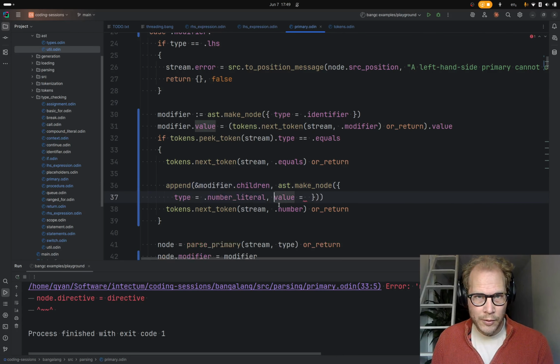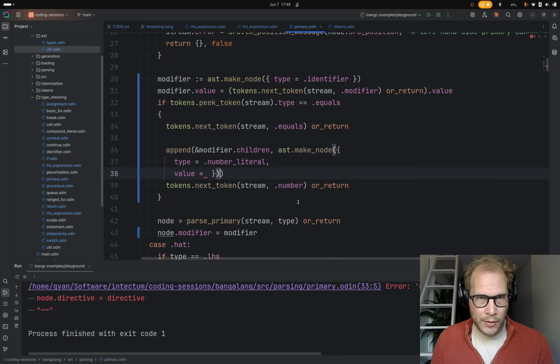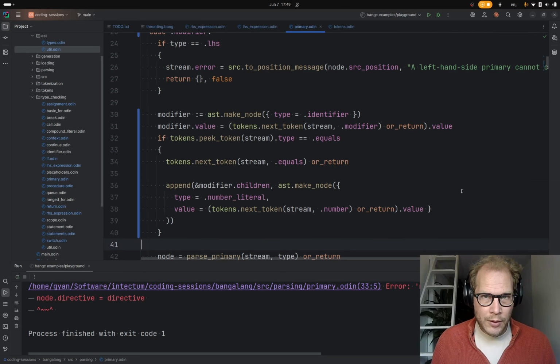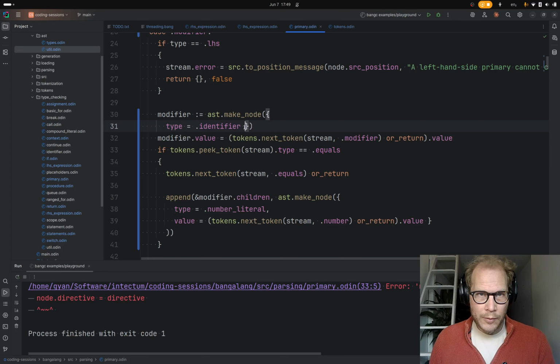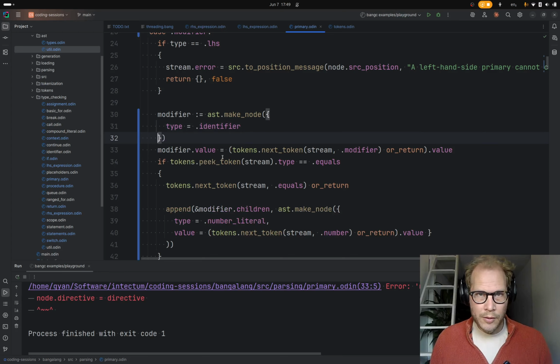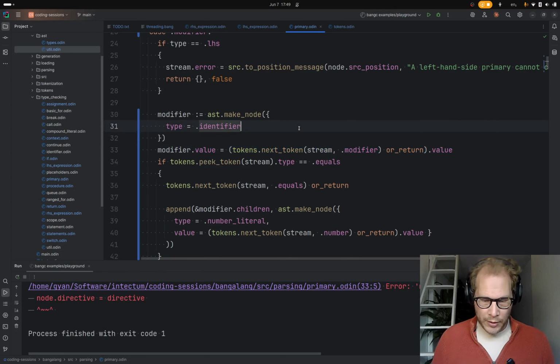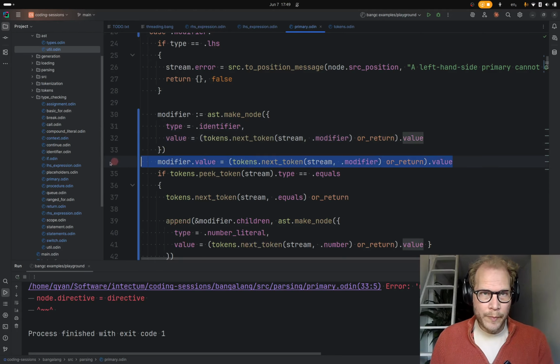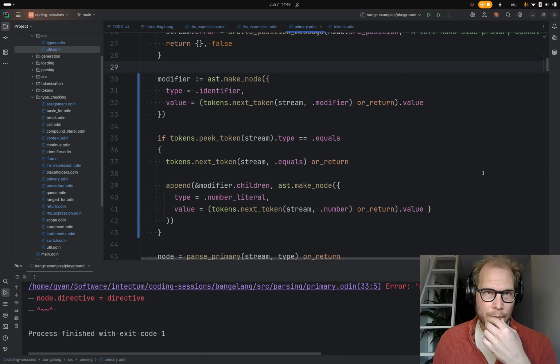I think we can do some of these guys to make it a bit more readable. So we get the value from that token. So I think we'll do a similar method up here. Okay.